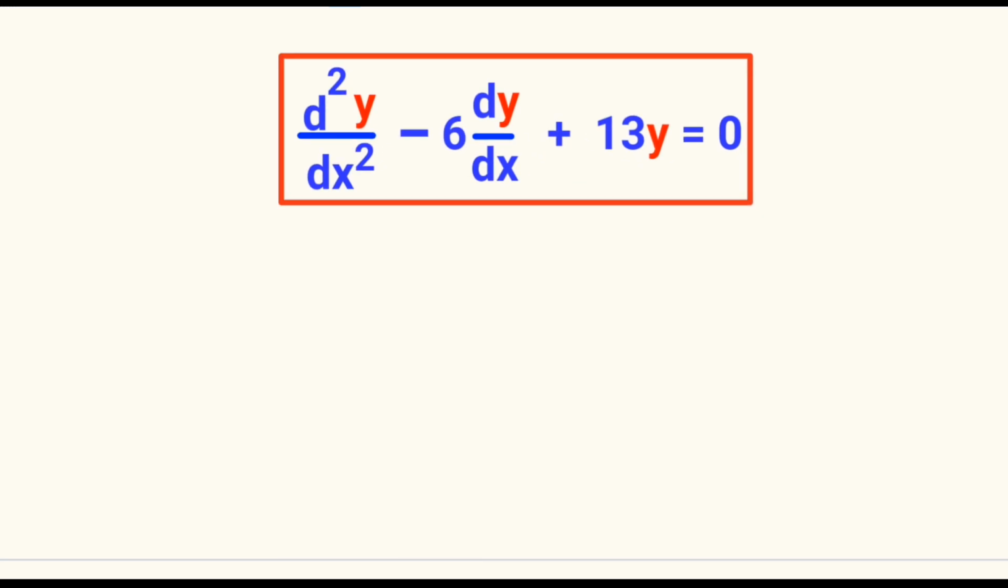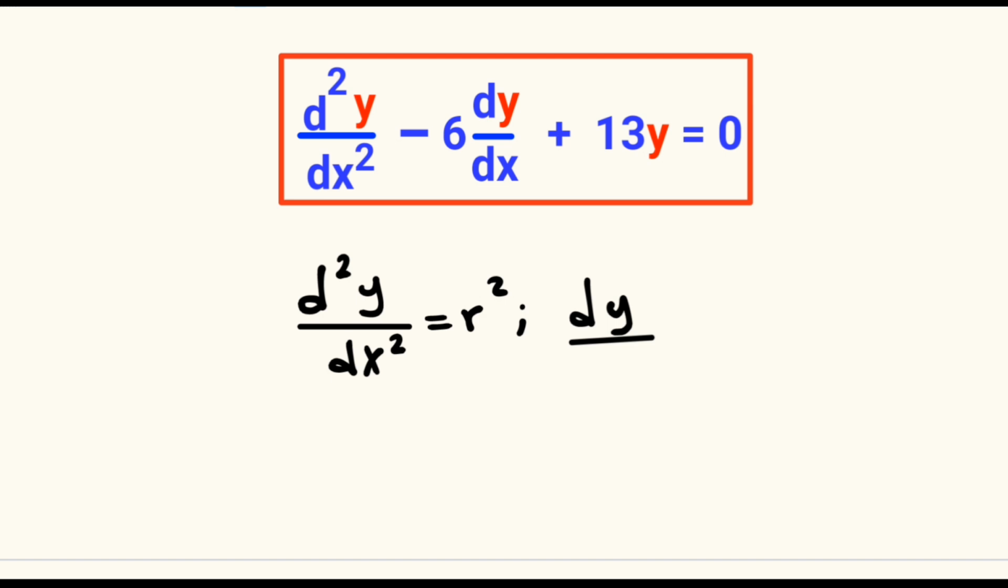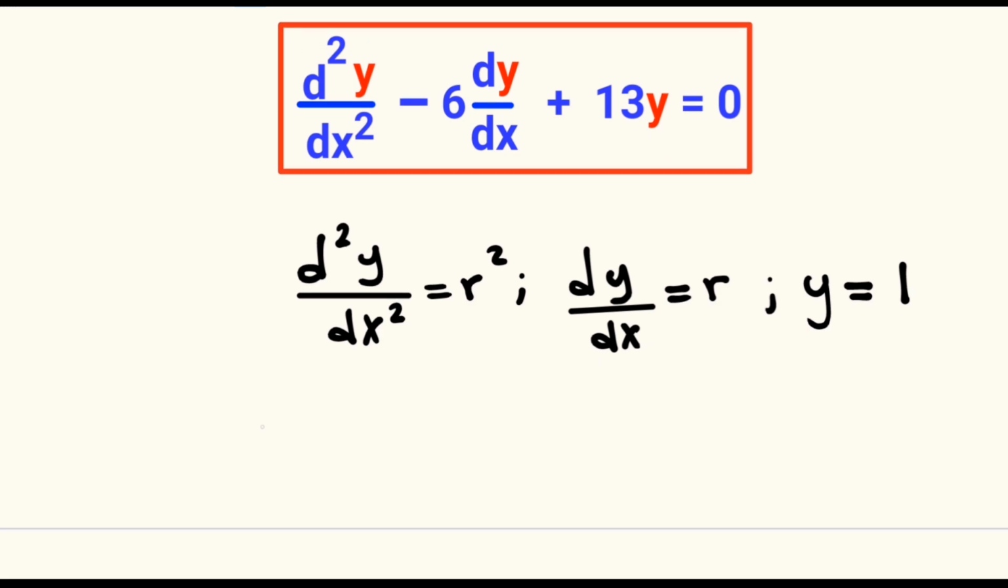Our final question, we have to determine the general solution of this linear second order differential equation. So we are going to let the second derivative of y with respect to x be equal to r squared, and if that is the case, then the first derivative of y with respect to x will be equal to r, and then y will be equal to 1. So our auxiliary equation will be r squared